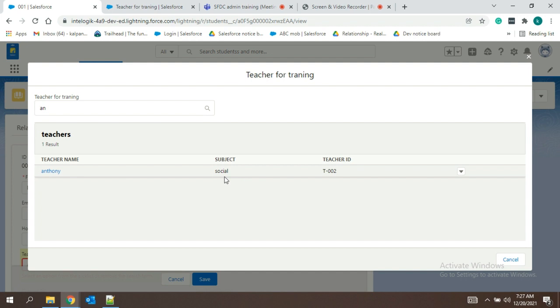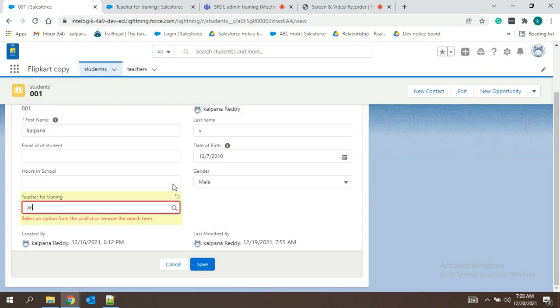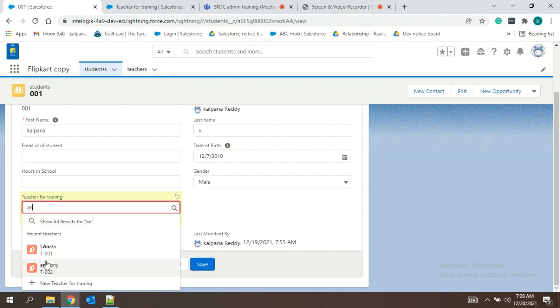We can change that. This has come up from the one which we maintain right now. Which one is that? The list view we had changed from the search layout. Because of that, it came up, and the name and ID is from